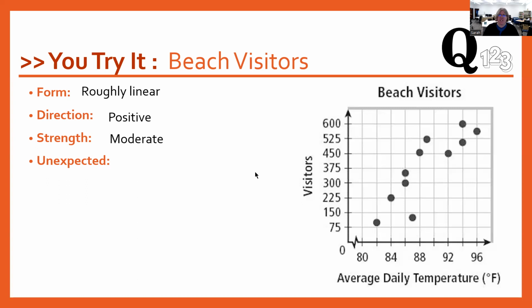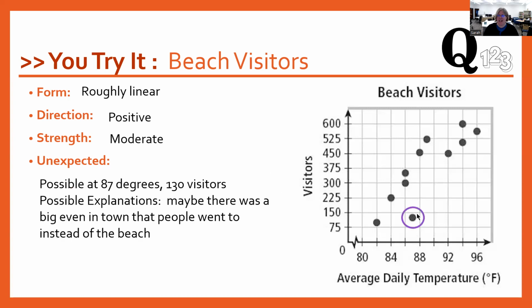And then the unexpected. There aren't any clusters here, but there is a likely outlier here. And I've circled that here, about 87 degrees and maybe 130 visitors or so. And so one of the things that you want to do whenever there's an outlier is look into it and investigate what happened. So maybe there was a big event in town that day, and so very few people went to the beach. Maybe there was bad weather or a red tide or a shark sighting, or gosh, heaven forbid,